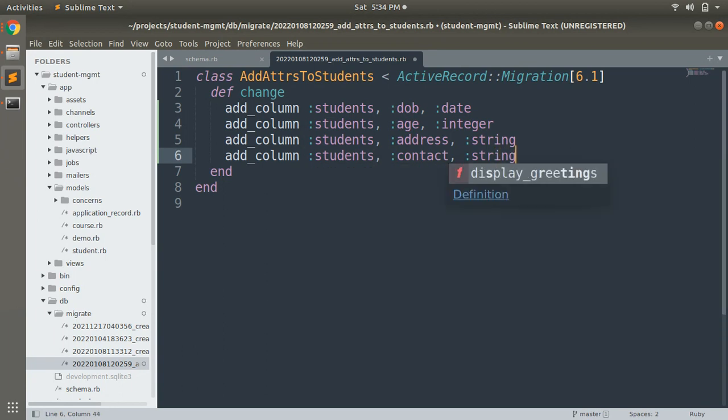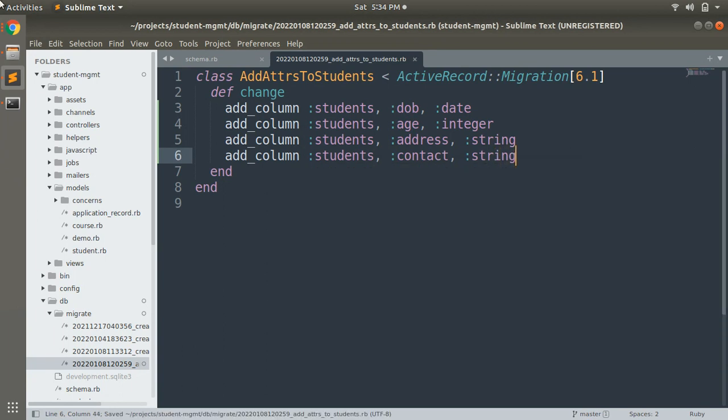Now if you look at the syntax, what I have done is: add column students, date of birth, and its type date. Then add column students age and its type integer, add column students address and its type string, add column students contact and its type string.